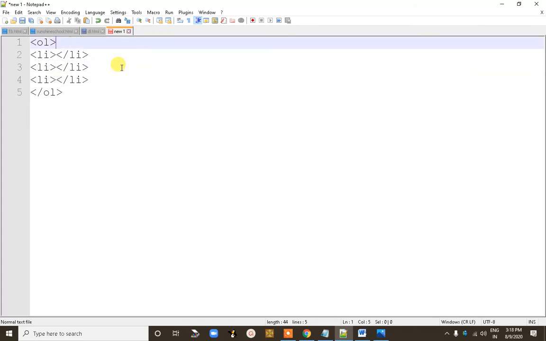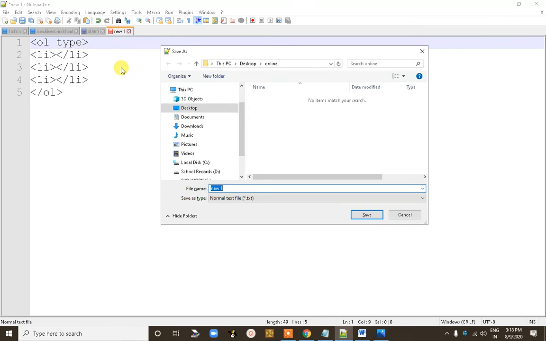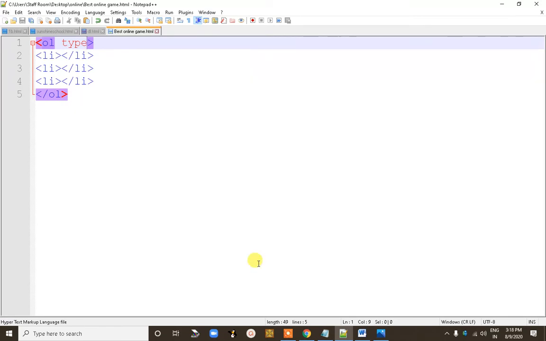Now within the ol tag we have to specify the type. First we have to save this. First I saved it. Suppose the name is game, best online game HTML. Okay, I saved it on the desktop.